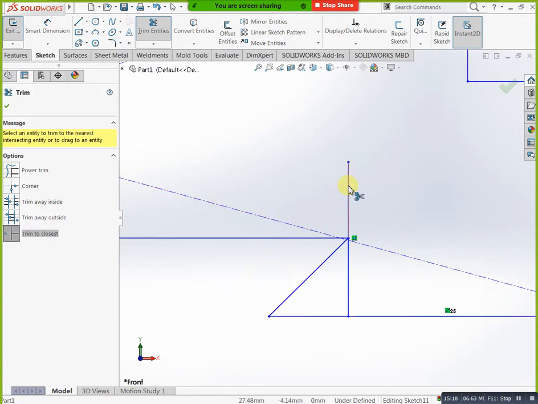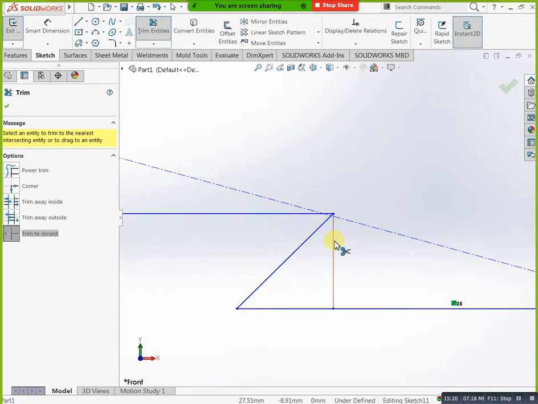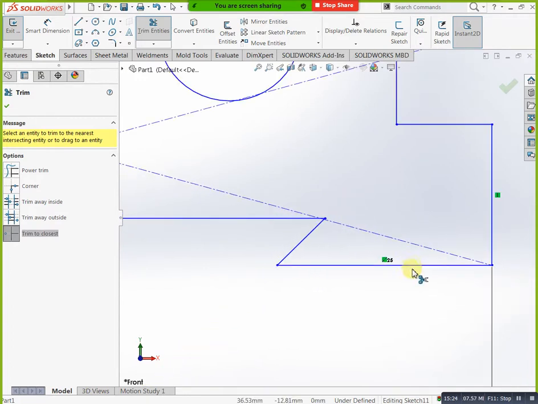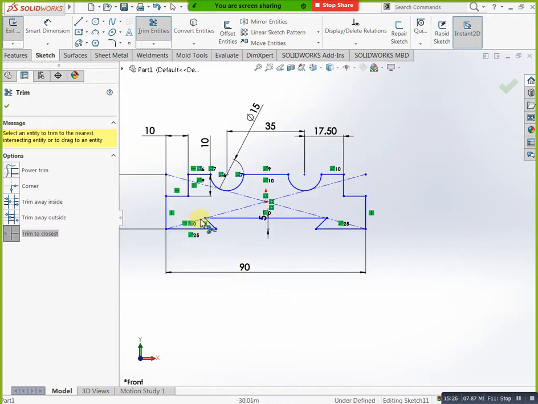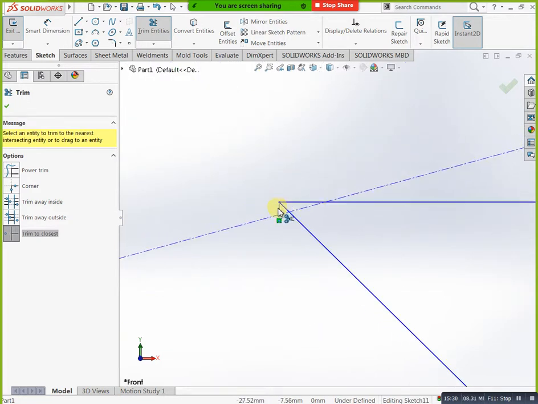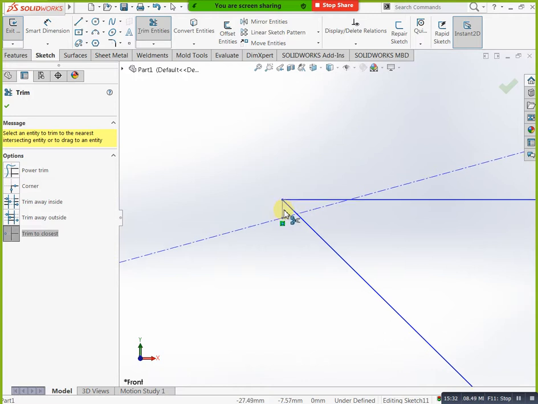Okay, now you can extrude up to 30 mm. 30 mm means I am taking 15. Sorry, you will take 30 both sides. You can mention here mid plane. See, this is our model now. Okay, now you can see.